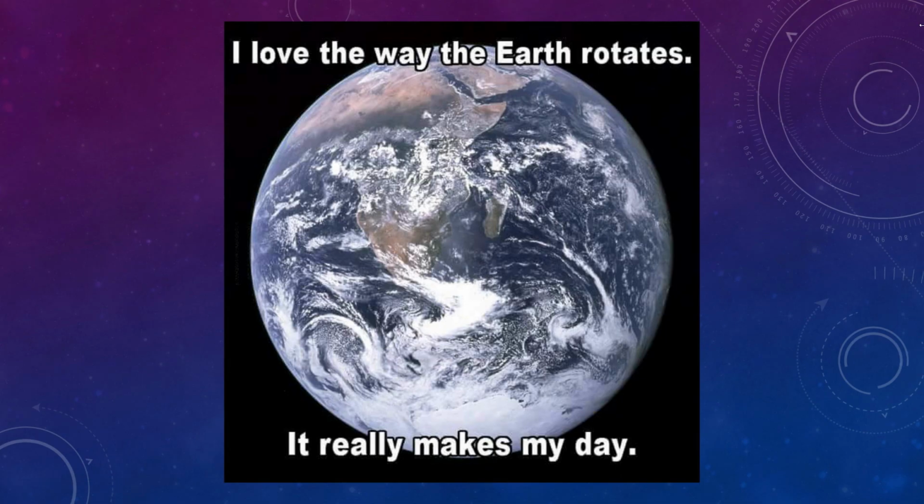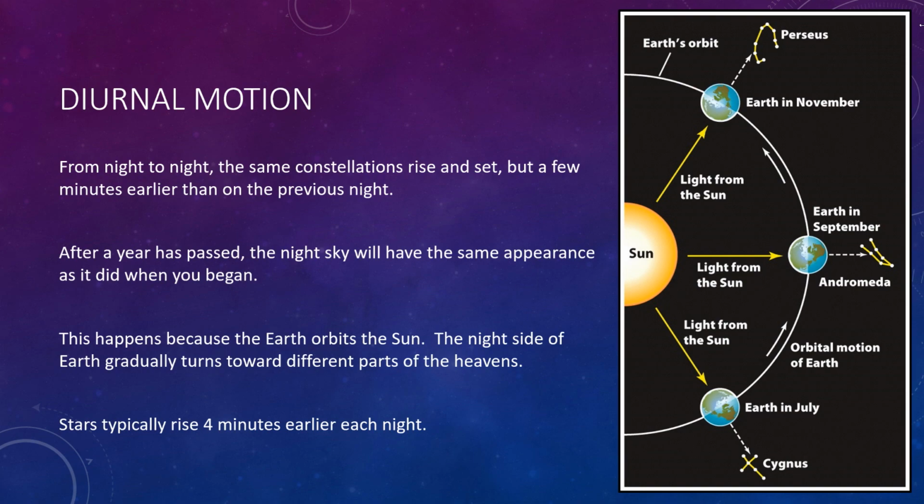I'm sorry. So anyway, if you repeat your observations on the following night, you'll find that the motions of the sky are almost, but not quite the same. The same constellations rise in the east and set in the west, but a few minutes earlier than on the previous night. If you look again after a month, the constellations visible at a given time of night, say at midnight, would be noticeably different. And after 6 months, you will see almost a totally different set of constellations. Only after a year has passed will the night sky have the exact same appearance as when you began.